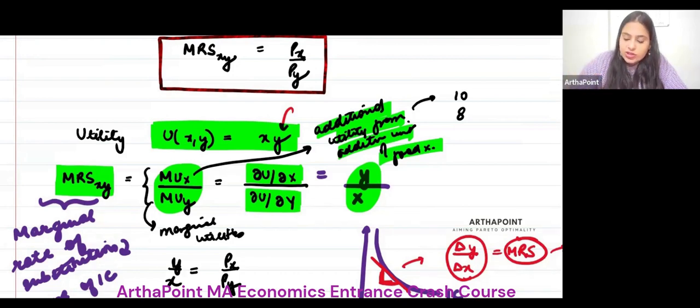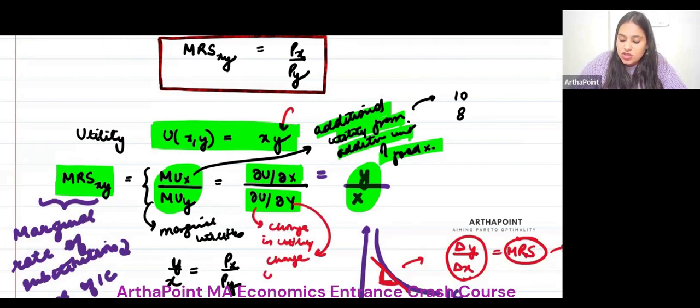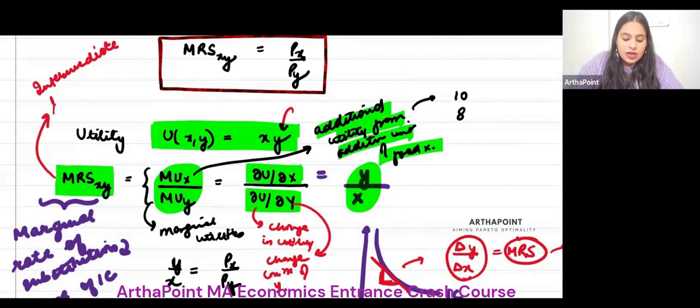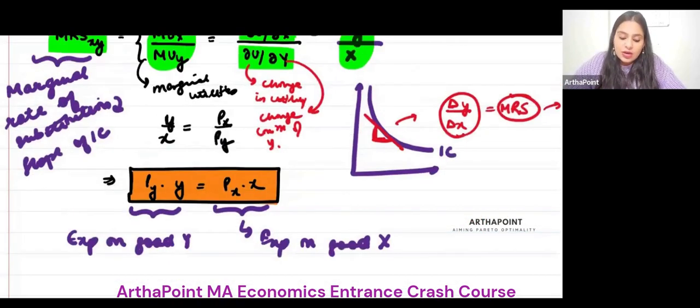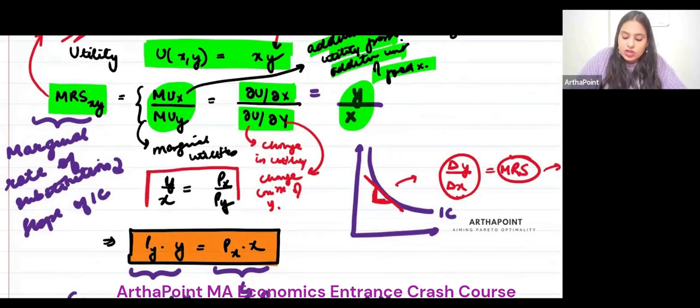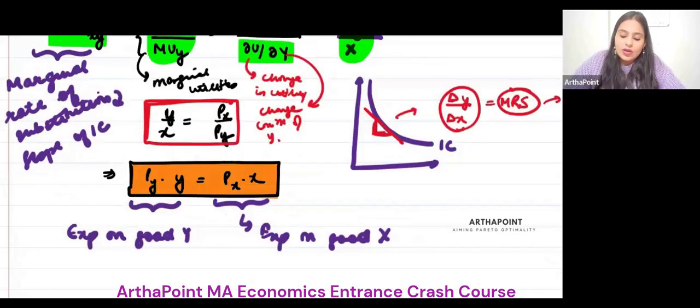In English terms, this tells me the change in utility when you change consumption of X, or change consumption of Y. That's MRS. For this, you can also refer to the intermediate lectures, lecture chapter number 3 and 4. That is telling you in very, very detail exactly what MRS is. Okay. So when I equated MRS to the ratio of the prices, I got this equation.